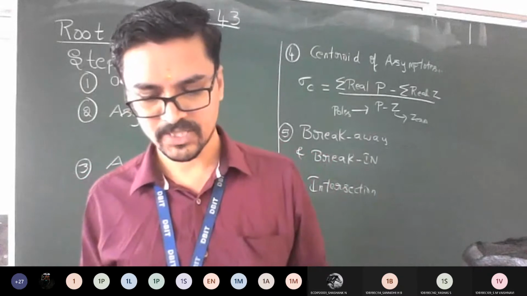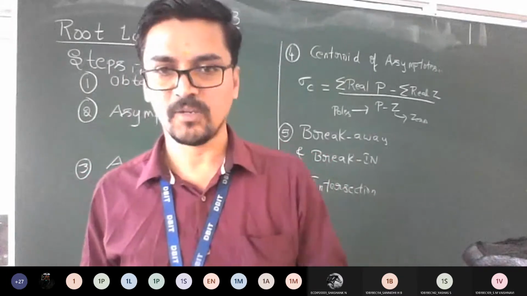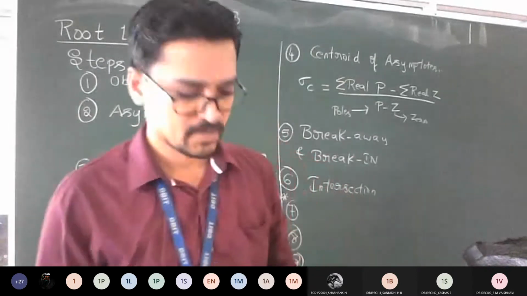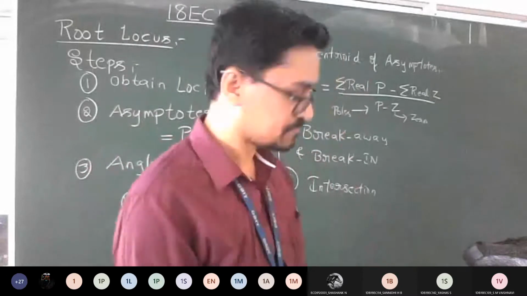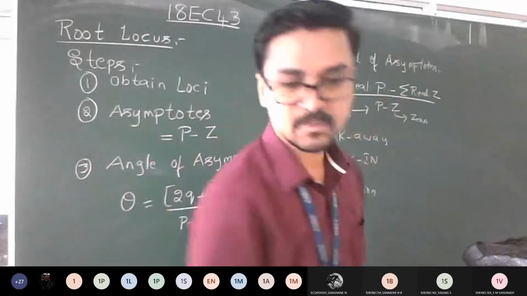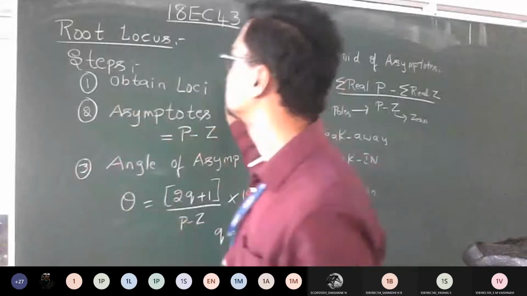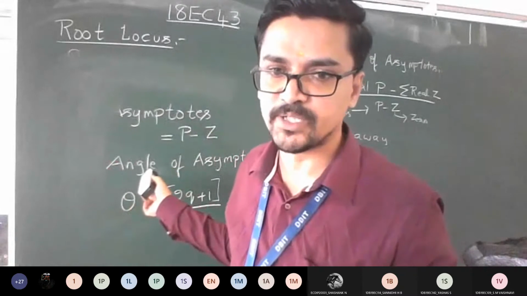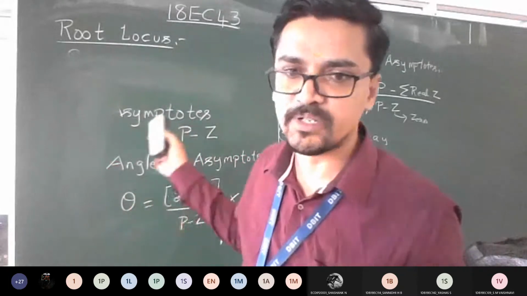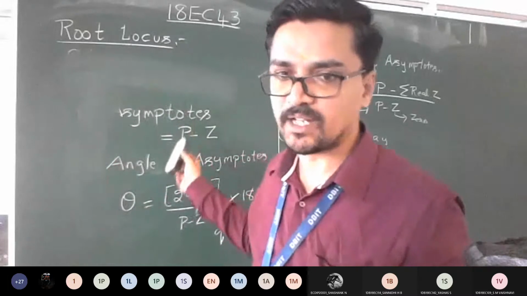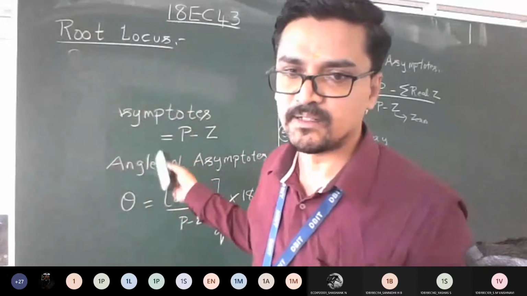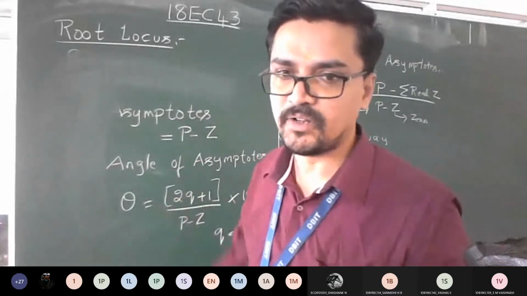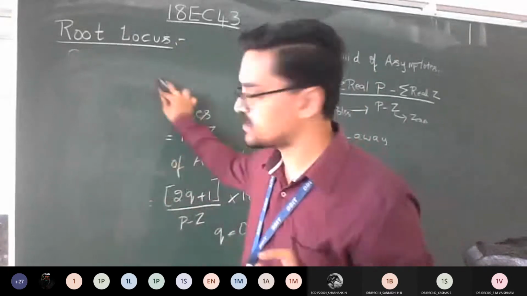Yes, sir. So let's try to solve a simple problem first and analyze how to solve this root locus. Read the question: obtain the root locus plot. See, all these steps you need to show in a booklet. You can't write all this in your graph sheet. Only the final answer should be written in the graph. Write all the remaining steps in the booklet itself, as you would in the exam. Then the plotting of the root locus is shown in the graph sheet. You just make a comment, write the page number, and you can conclude the problem. So don't write all these steps in the graph sheet only.